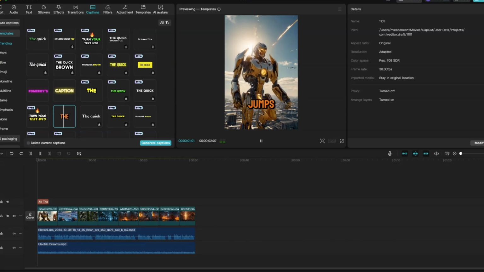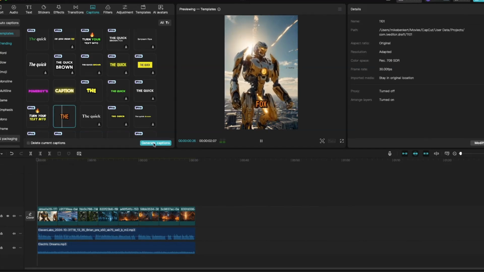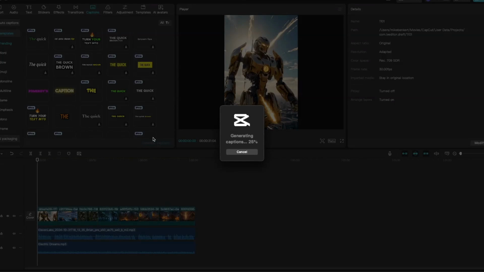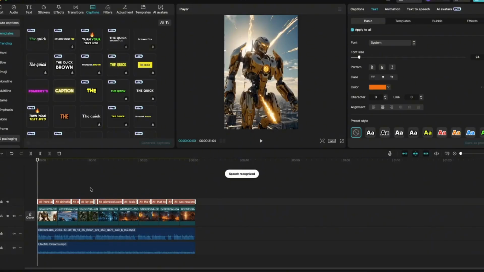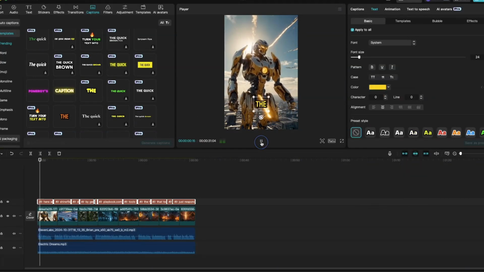Here are the top 3 websites that... Generate auto captions. And then this is amazing. And change the color like I said. I like going with yellow or red. And then